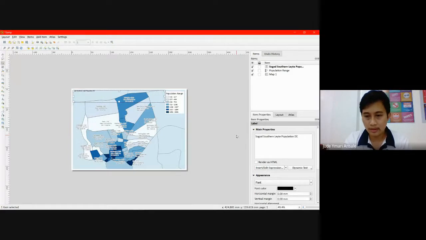Population count and population distribution and density. Okay, so that's it. Then we will dock it on, then after that,